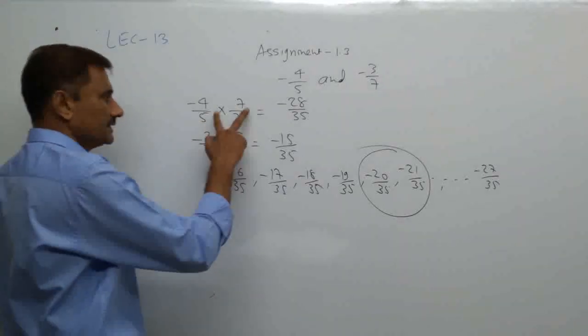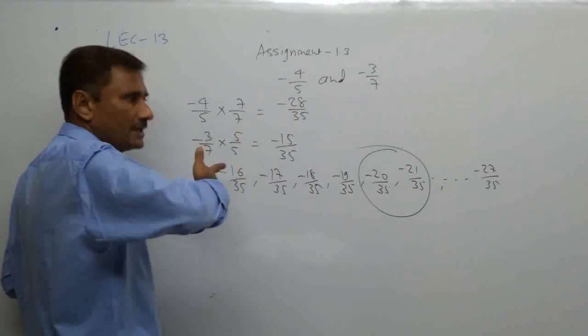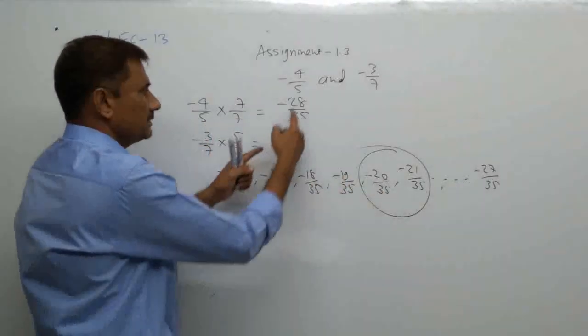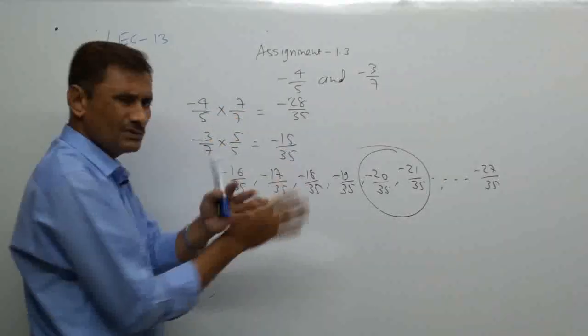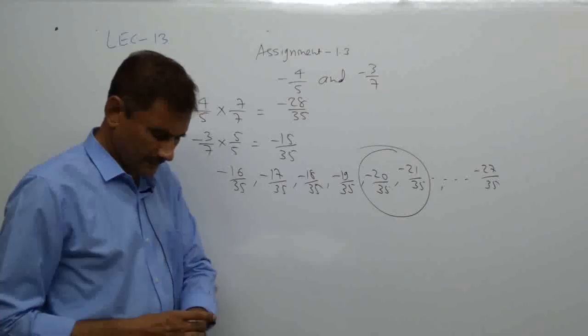So everywhere, first of all make the denominators equal. How? By multiplying to each other, then getting the in-between numbers, then look at only the numerators. Now do not look at the denominator because it becomes equal. So just look at the gap in between them.